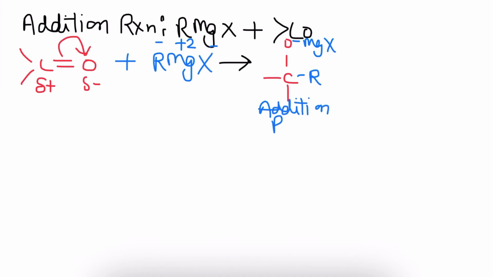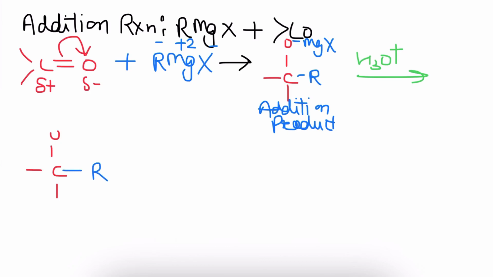This addition product on hydrolysis forms alcohol. So carbonyl carbon here forms a bond with the Grignard part, the alkyl of the Grignard, and the carbonyl oxygen forms a bond with the hydrogen of water. A frequently asked question from this part is that sometimes alcohols are given to you and they